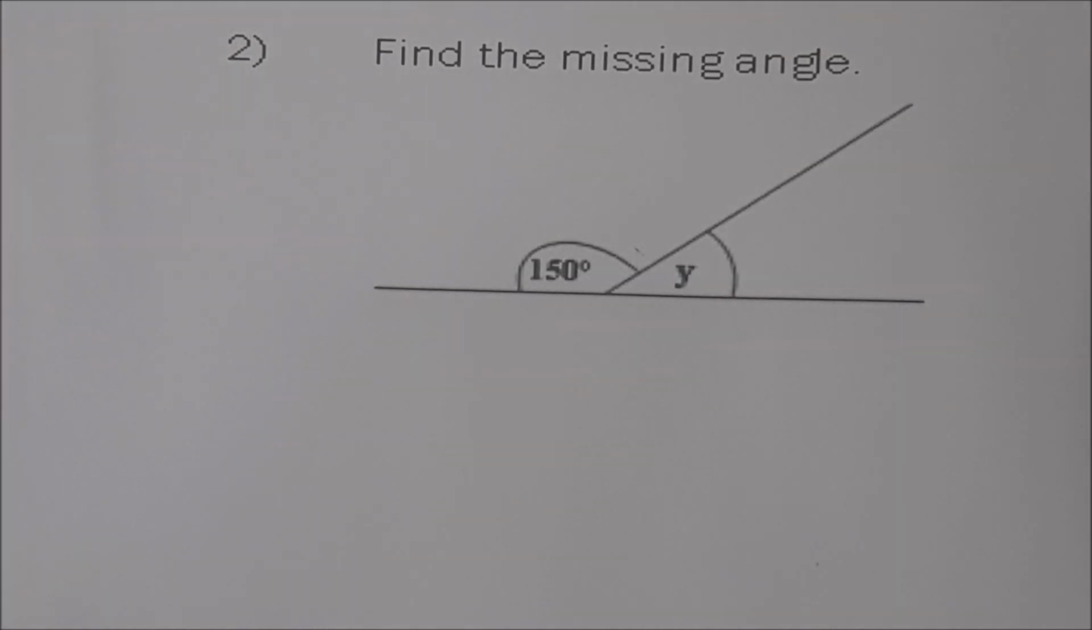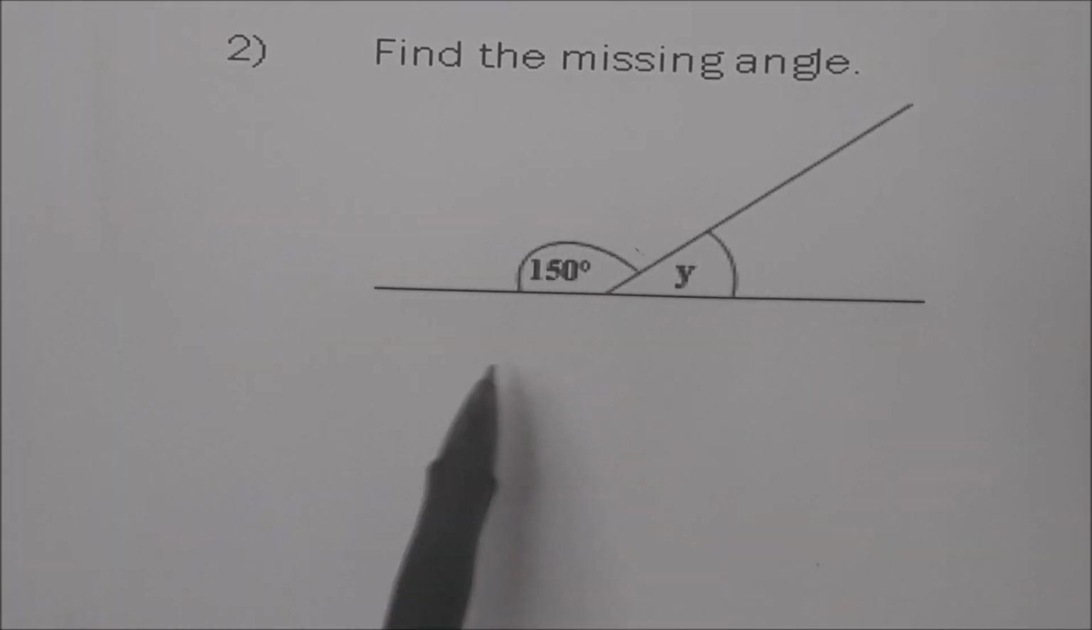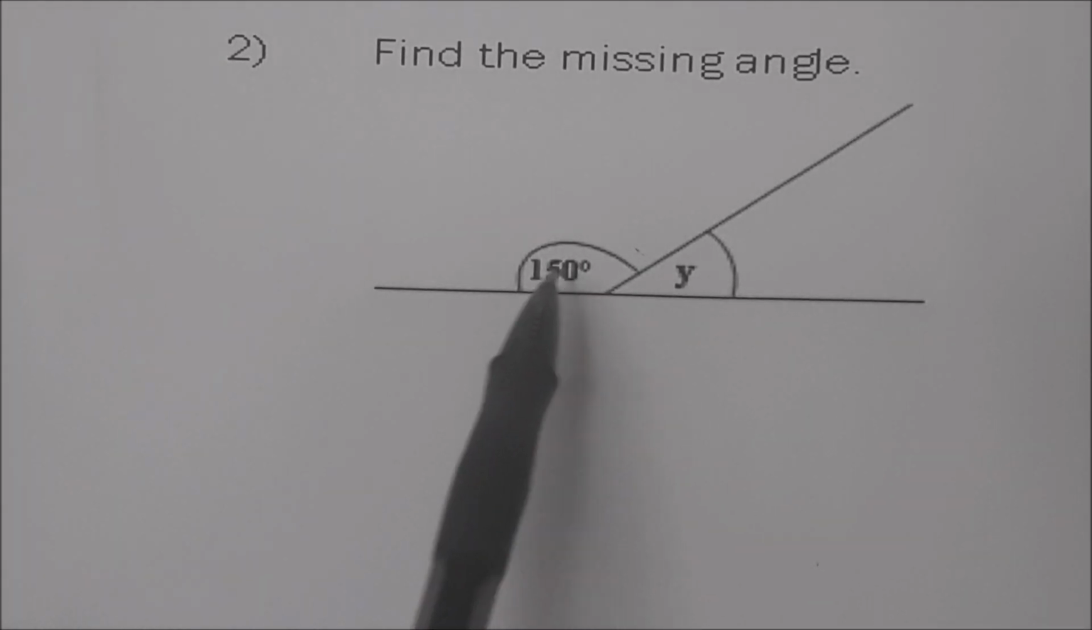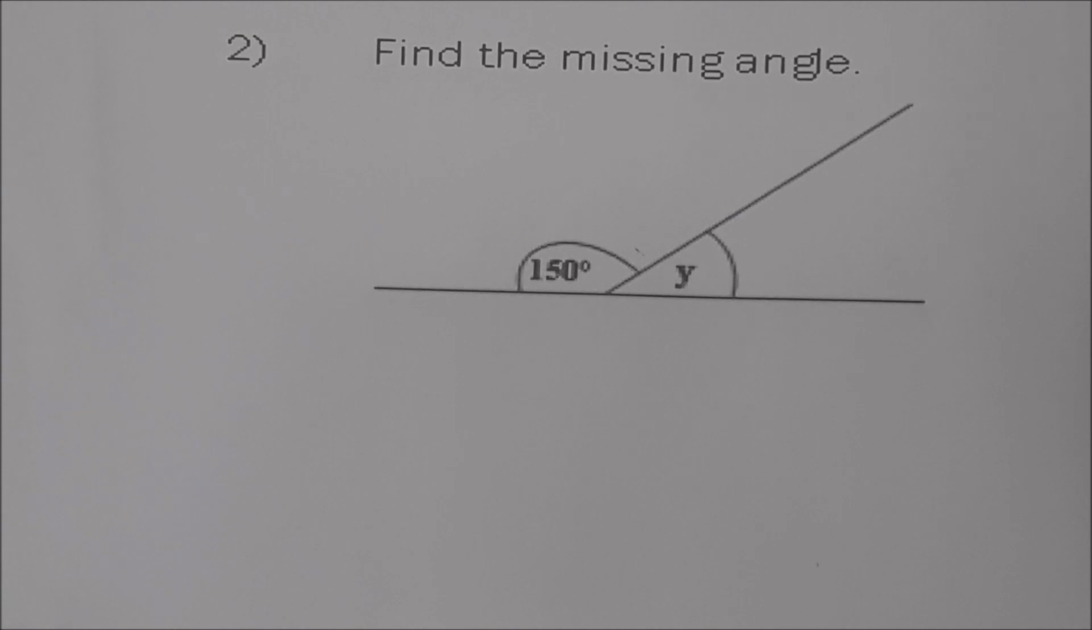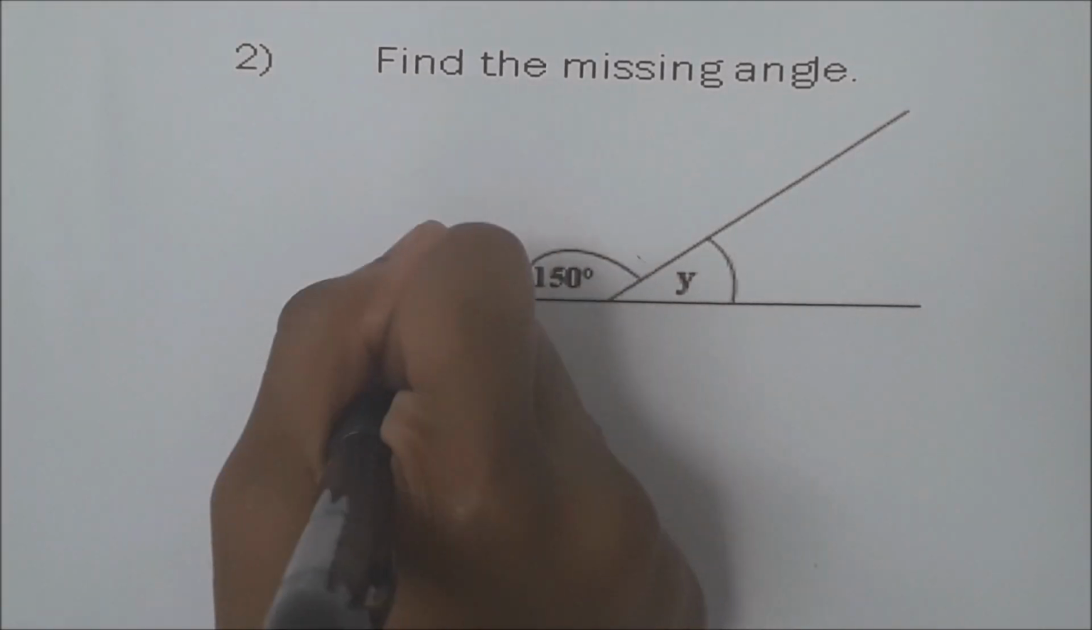Okay, Priyana, number 2, read it for us. Find the missing angle. And what's the missing angle? These two angles on the straight line measure 180, and we're going to subtract 150 from 180. So y is the missing angle. Okay, so write it. Y is equal to